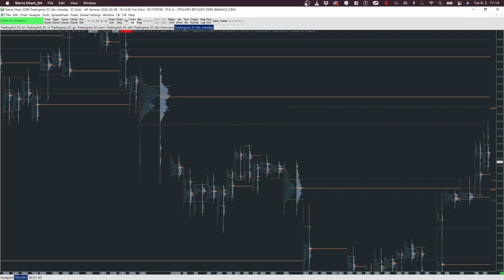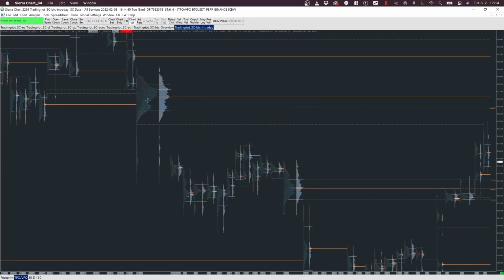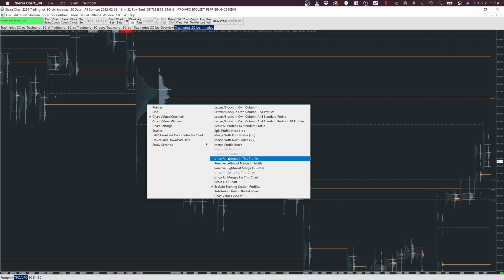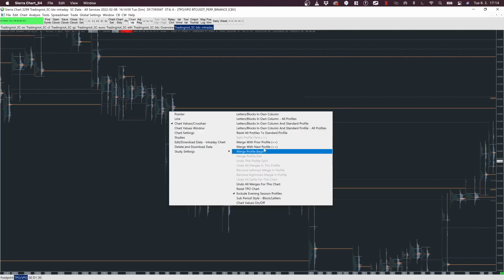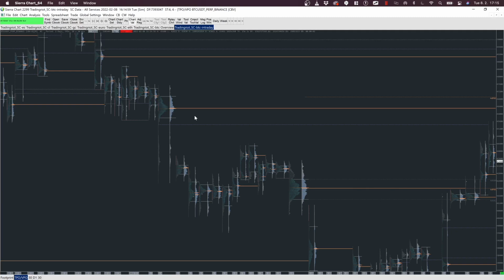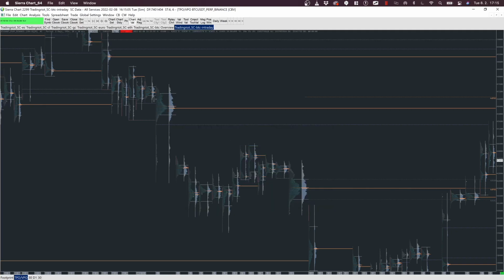What I don't like about this one is this hole in the profile. This is not the best composite structure. You want to see your composite profiles looking like this, with one nice distribution. You can see there is a clear hole, so I would not proceed to merge these. But if I only merge these last 3, before the value moved a bit lower from there, this is your nice